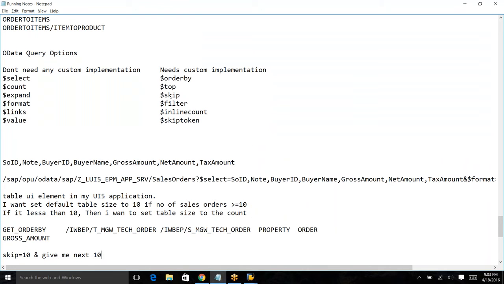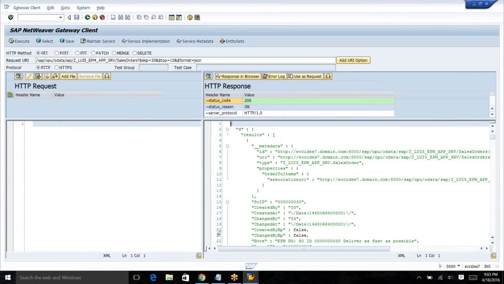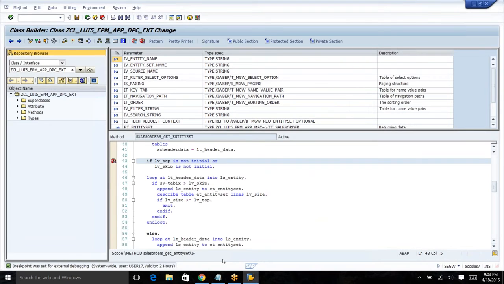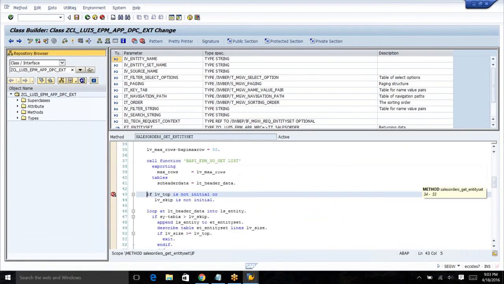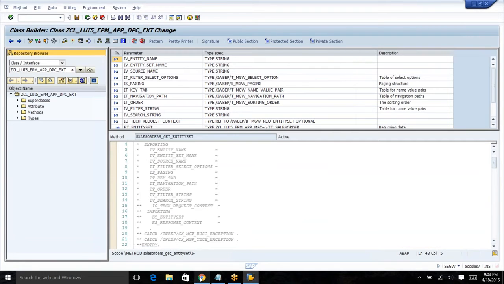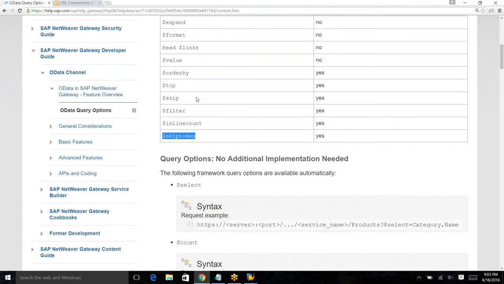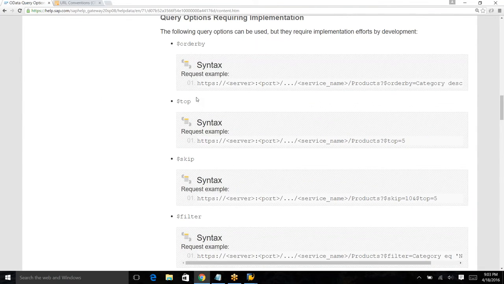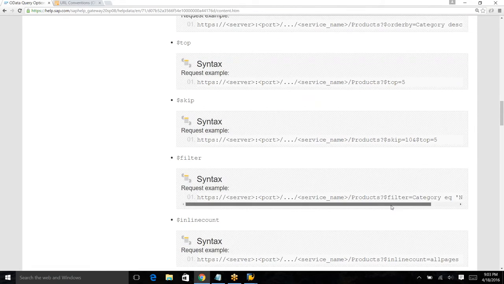So that is one. The next one is filter. Up to this point, we are clear, right? Whenever we are requesting entities or entity sets, we don't take into consideration what the user has been passing us. We haven't passed anything. So I will take the filter. Whenever you are requesting an entity set, you can filter it first. What that means is,